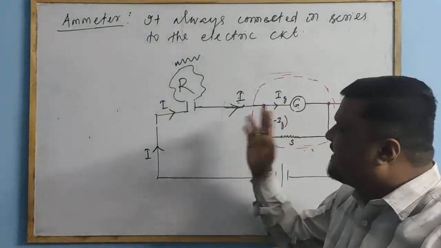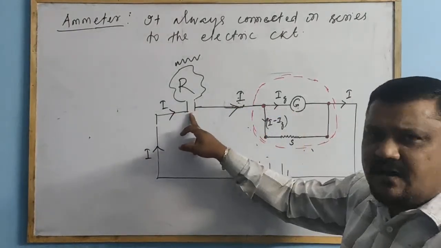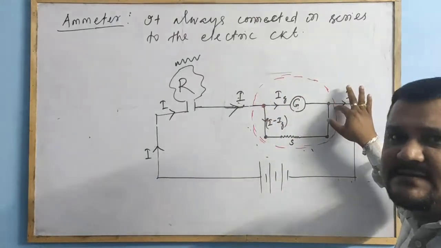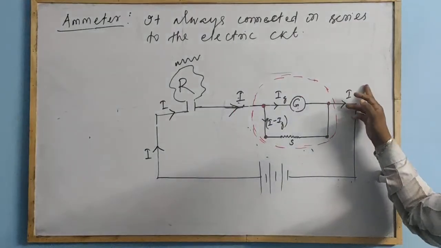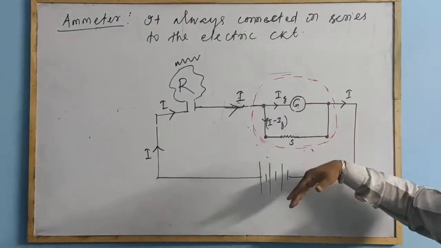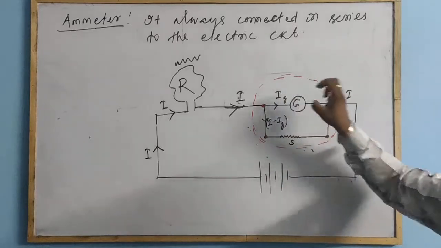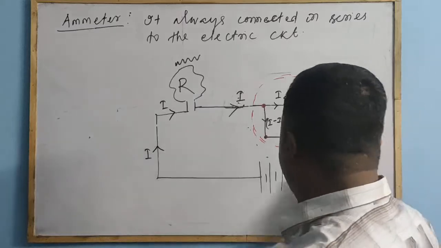It is the same thing. The current flows, it is connected in series. So from I, the current comes here. Suppose this ammeter has a very large resistance, then this I will reduce here, and in the output it will not get I. So some current is decreased and the output is not the same. It is used to measure, not to decrease the current. Okay? So this is about the ammeter.